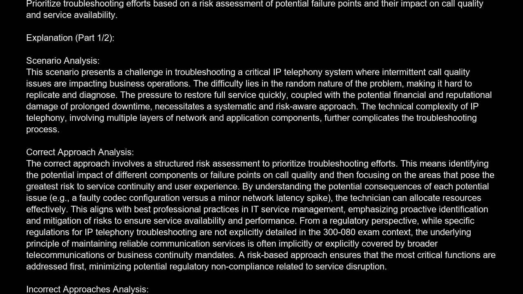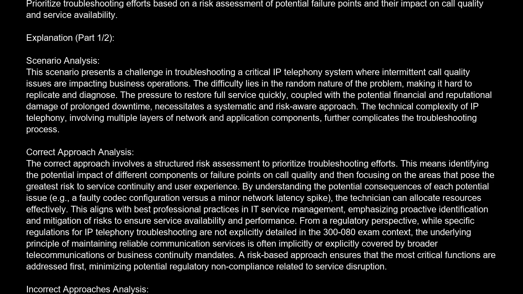Correct answer is A. Prioritize troubleshooting efforts based on a risk assessment of potential failure points and their impact on call quality and service availability. Explanation. Scenario analysis. This scenario presents a challenge in troubleshooting a critical IP telephony system where intermittent call quality issues are impacting business operations. The difficulty lies in the random nature of the problem, making it hard to replicate and diagnose. The pressure to restore full service quickly, coupled with the potential financial and reputational damage of prolonged downtime, necessitates